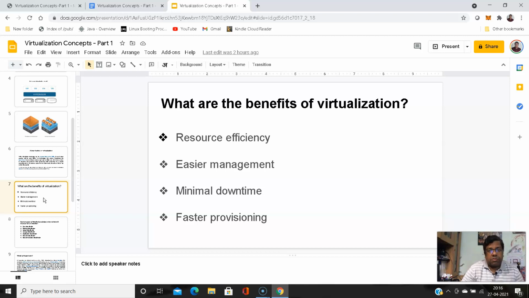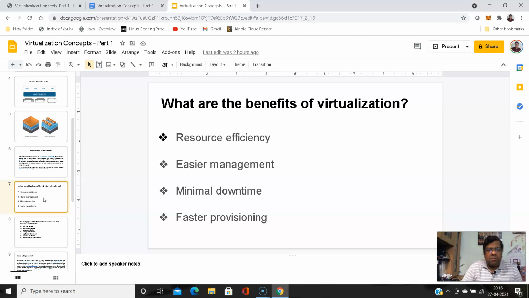So in the traditional model, a huge number of resources in the data center remain idle. If you have hundreds of physical servers running independent applications, almost all the servers are not utilized fully. That's a huge loss. But we have to maintain those servers in the data center. We have to pay for the maintenance. We have to pay operating expenditure for maintaining the data center and the hardware components running there.